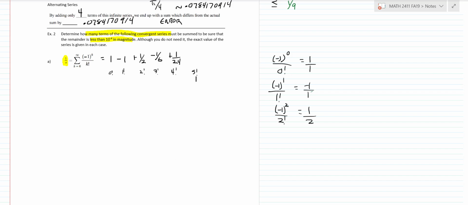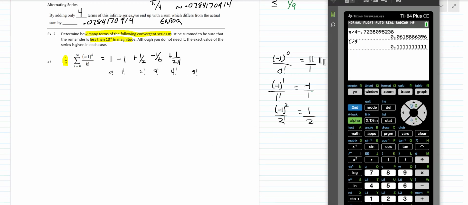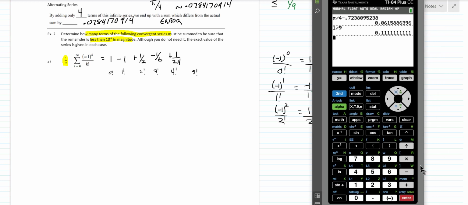And by the way, I think I've shown this in previous videos, but if you're calculating a factorial, like 5 factorial, you go 5, math, probability, and option 4, and that'll calculate it for you. So I'm just going to write one more term out. This would now be a minus, since you have an alternating series, minus 1 over